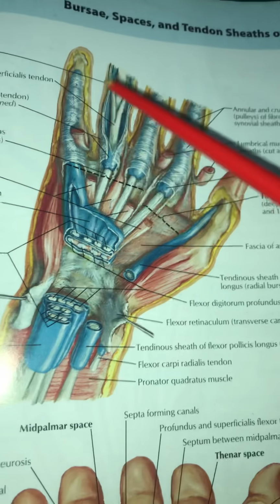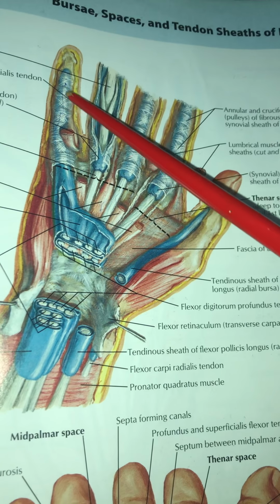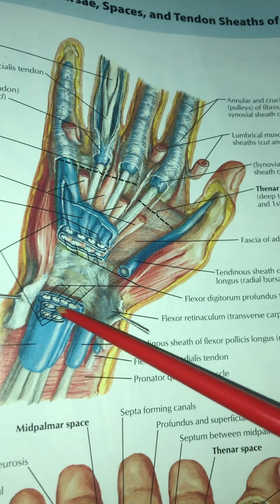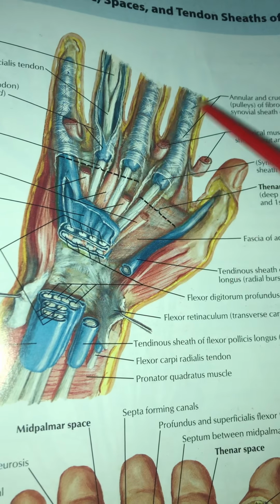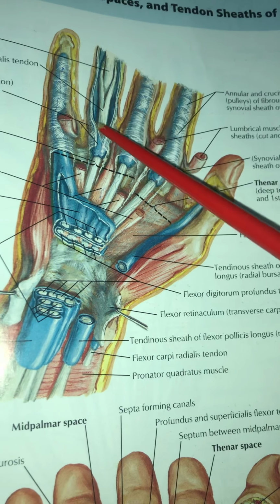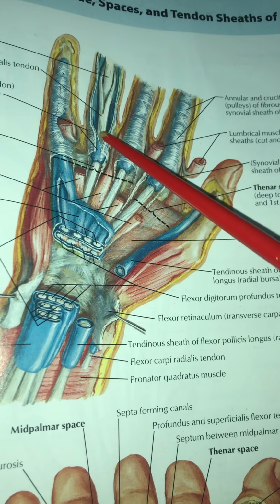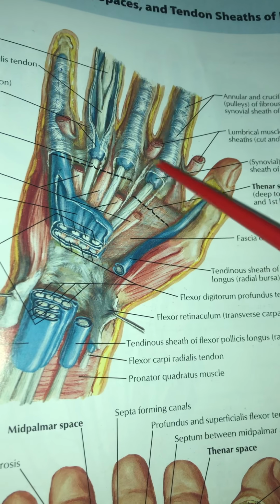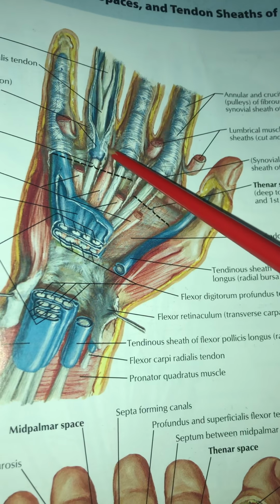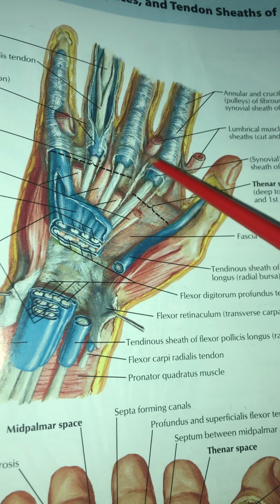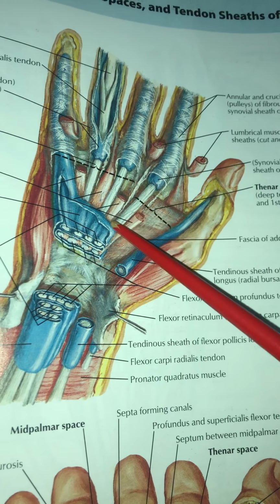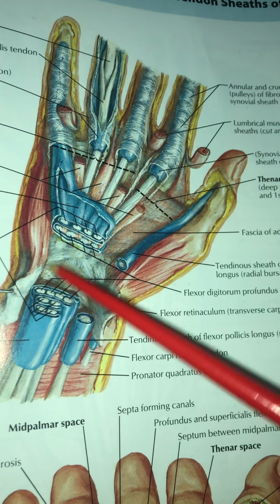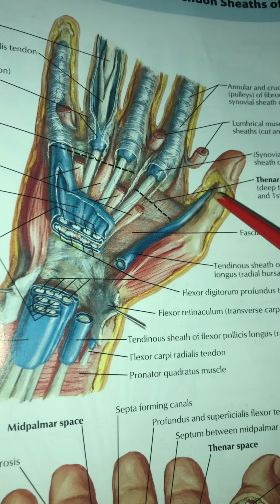So infection of the little finger can result in inflammation of the common flexor sheath, whereas in these three digits, whenever they have synovitis, it would be limited or restricted to these digits only, because this synovial sheath is not continuous with the common flexor sheath. And here you can see